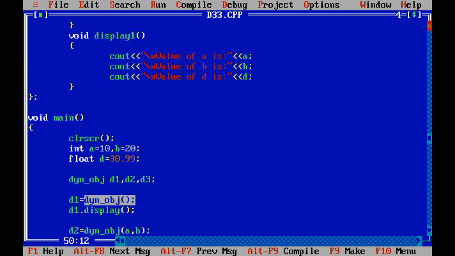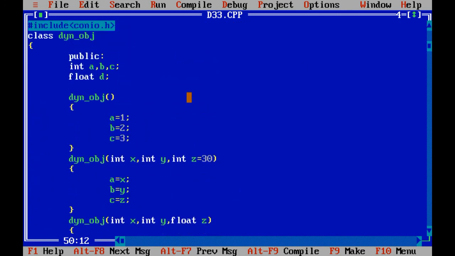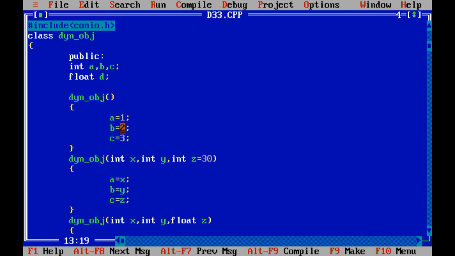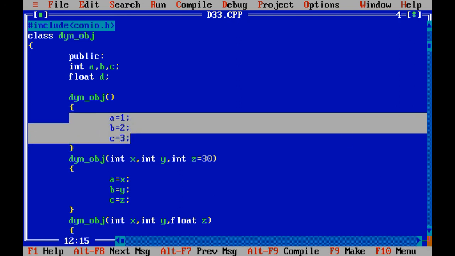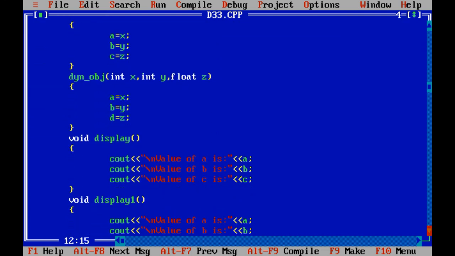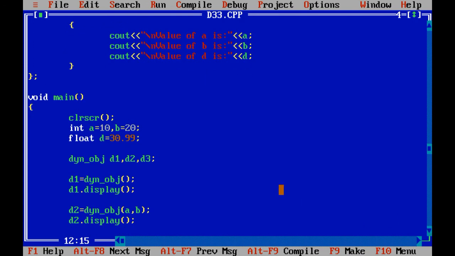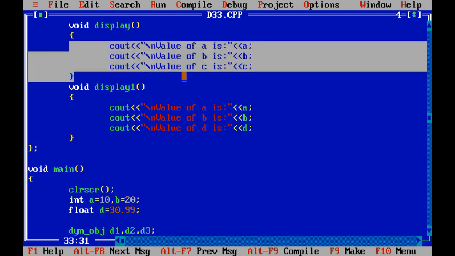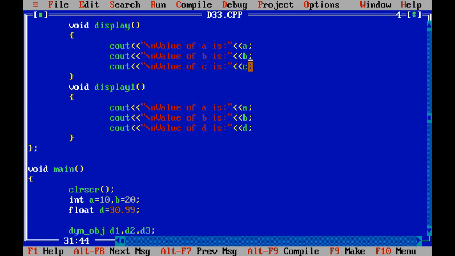So what is the value which we have stored inside the default constructor? a as 1, b as 2 and c as 3. So object d1 contains the values of a, b and c as 1, 2 and 3. When you print the values of these three variables, we have called the display function over here, so it will print the value of a, b and c, which is 1, 2 and 3.